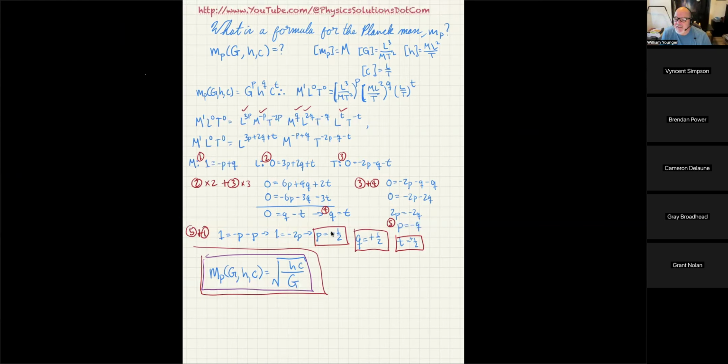When it comes to the letter exponents, like G to the p, h to the q, can we use any letter? Yeah, you just want to avoid letters that might appear in the actual work that you're doing. So it was a little dangerous of me using t, but I figured the little t looks so much different from the big T, it was okay. But for instance, I wouldn't have used a lowercase m, which is what I normally use, because the left-hand side is a lowercase m, and I didn't want to get confused with that. But yeah, you can use x, y, z, q, p, t, whatever you want, just as long as it's not a symbol that you're likely to run into somewhere else in the same problem.